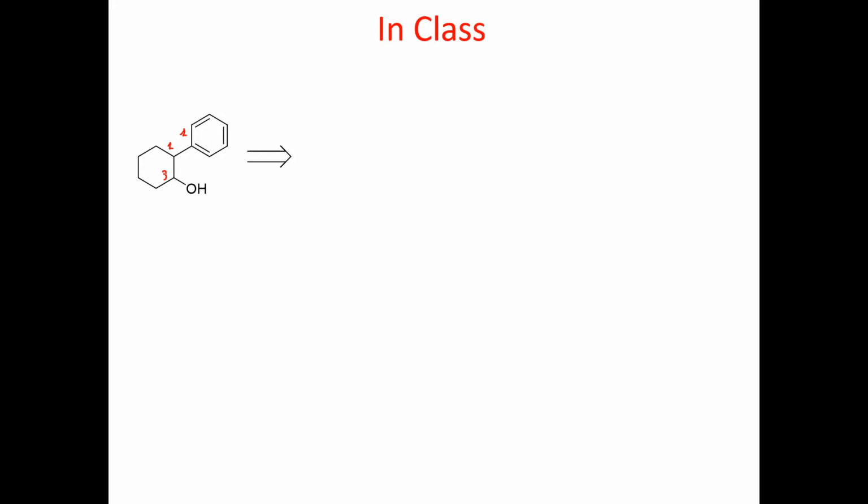I'm not dictating what the starting material is, but you have freedom. Also, when I give you the starting materials, you have freedom. So normally the starting material is a suggestion. But